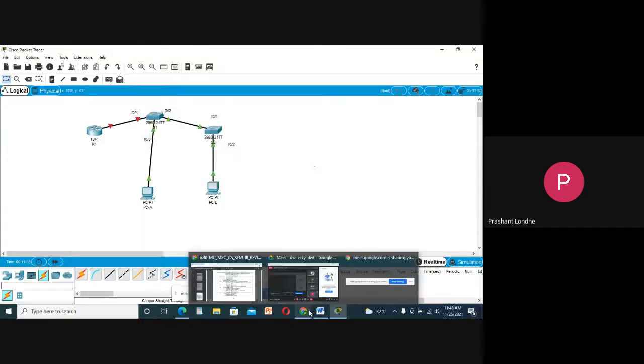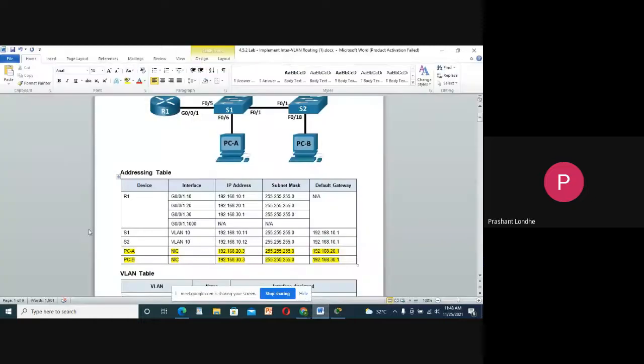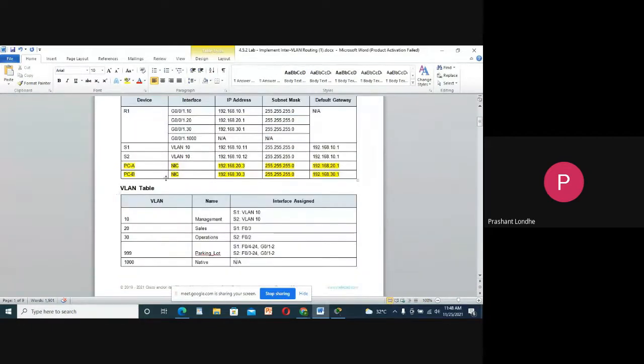Okay. Now I need to configure the VLAN interface, and also configure the router interface. For that purpose, let us start configuring switch 1. Let us create the VLANs. Here we have the VLAN table.